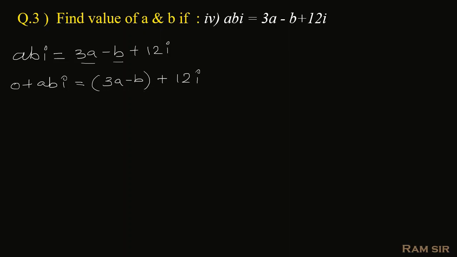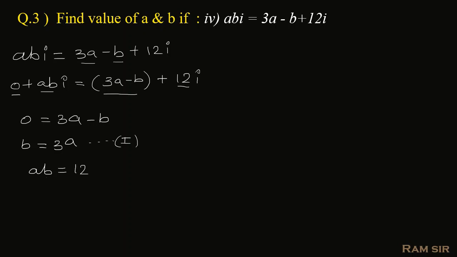So two complex numbers are equal, meaning the real part is equal to the real part. So we get 0 is equal to 3a minus b. So if we shift minus b to the left, so that minus b becomes plus b, we will get b is equal to 3a. So instead of getting a value, we get a condition. So let's mark this as equation number 1, which we use for further reference. In the next step, we have ab i, which is an imaginary term. Compare with the imaginary term 12i on the right hand side. So we get a into b is equal to 12 by comparing the imaginary part.